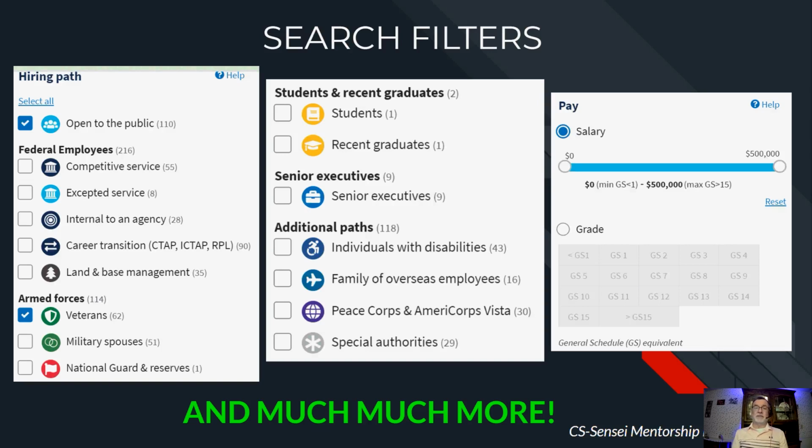Multiple times. And by the way, just because I'm a veteran, I may be applying for things where my veteran status doesn't have any application. All right, so we'll teach a little bit more about this in later sessions, but I just wanted you to see, it's 110 vacancies are open to the public, 55 are open to competitive service. It sounds like that may not be a lot, but, oh, by the way, over in the far right-hand side,